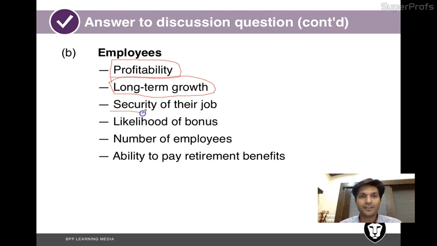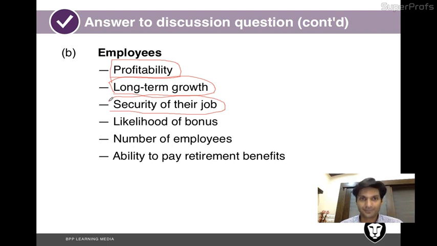Third point, very, very important thing, security of the job. Remember, a larger company might have more stable business and a better security. For example, that is why many people want to work in the government. Why? Because a government job is much more secure as compared to a private company job. A private company works for profit, so whenever they think they're making losses, they don't mind